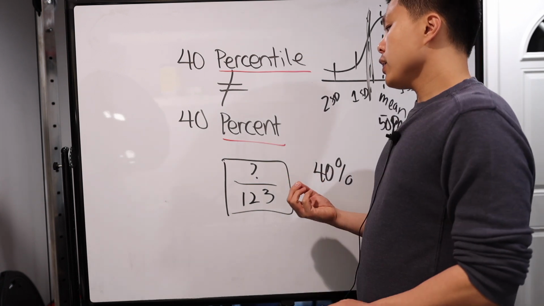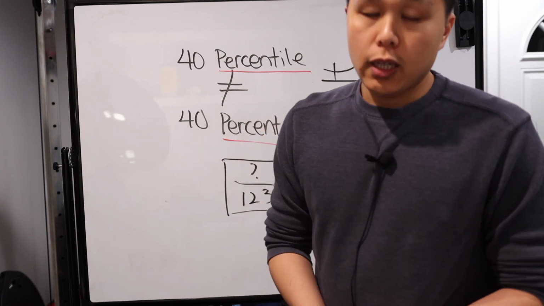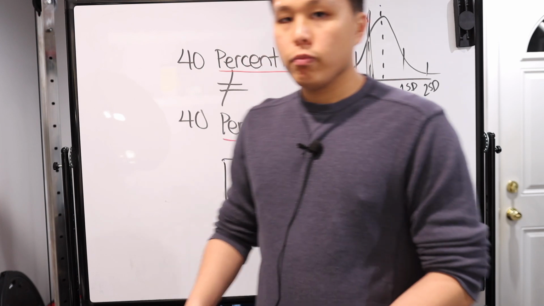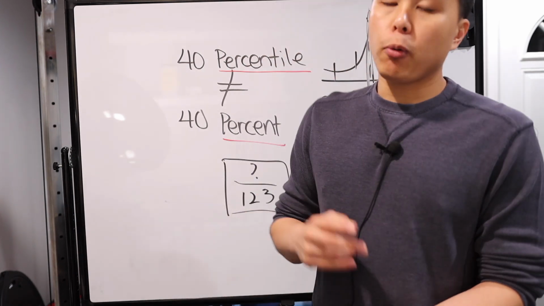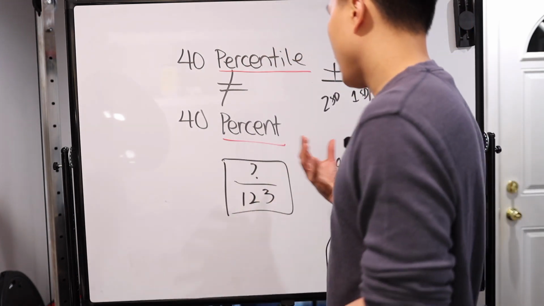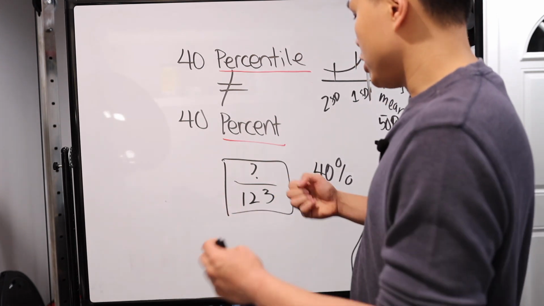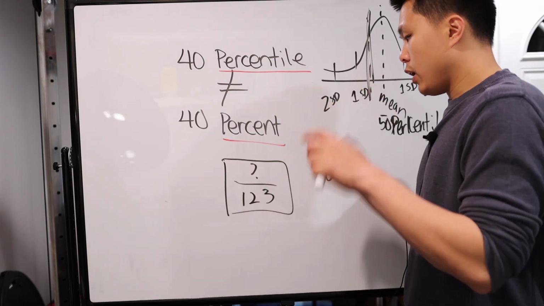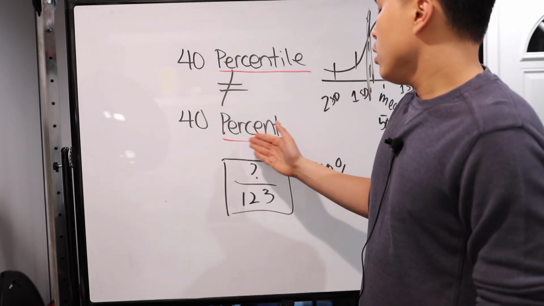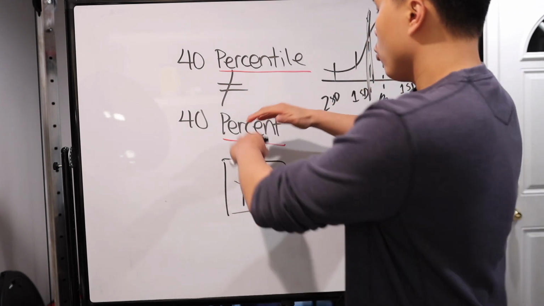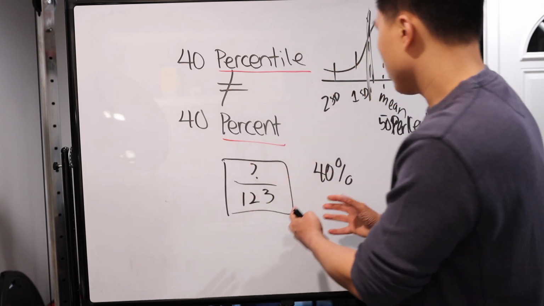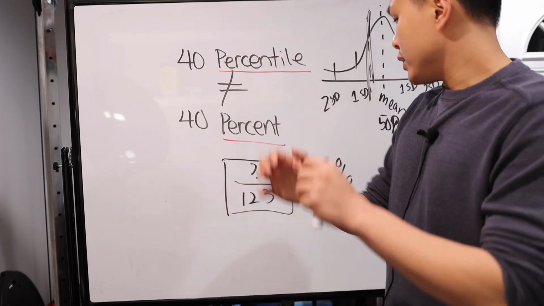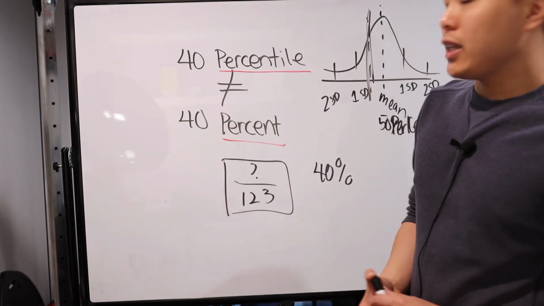Now, the other thing that we're talking about is 40%. 40% is usually in relation to the actual exam itself: how many questions there are, how many points you're able to get, and out of how many points are available, how many did you actually get. So for example, let's just say it's out of a 123 possible score, right? This number right here would create this ratio. This ratio gives you the total percentage of correct answers or points that you got in the actual exam itself.